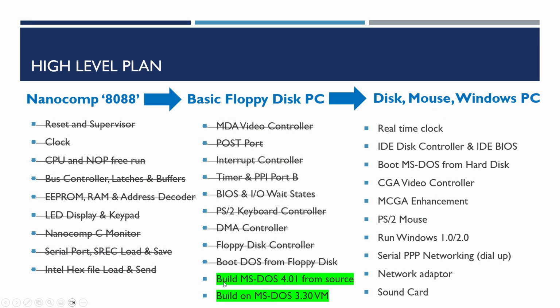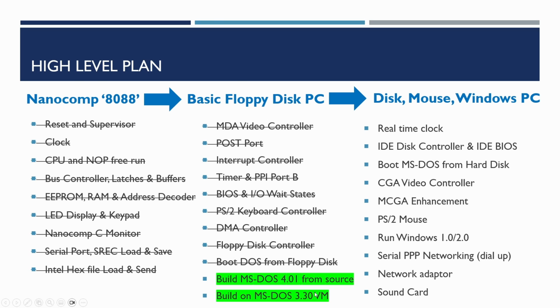So when we tried to boot the MS-DOS 4.00 off a physical drive on a reasonably old PC, it wouldn't work due to a stack bug in one of the files. So we're going to be applying these changes which pretty much makes MS-DOS into 4.01. And once we've built that on DOSBox, we're then going to have a go at building it on MS-DOS 3.30